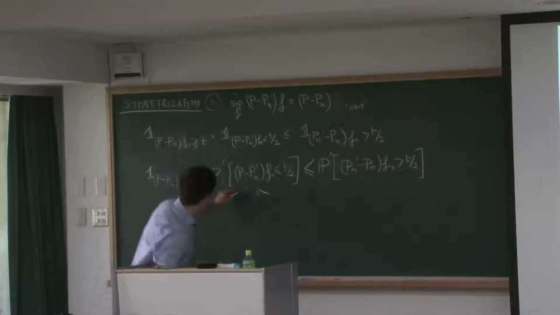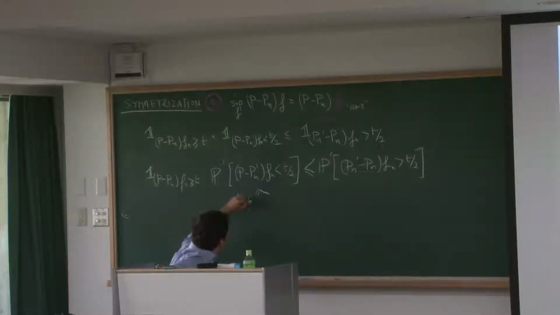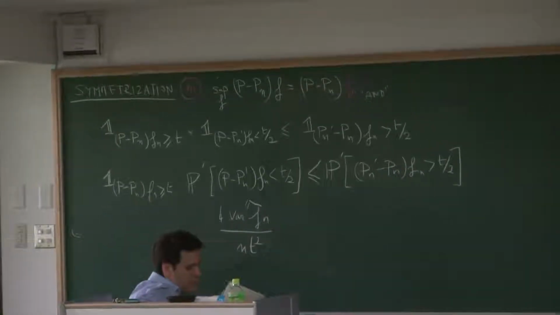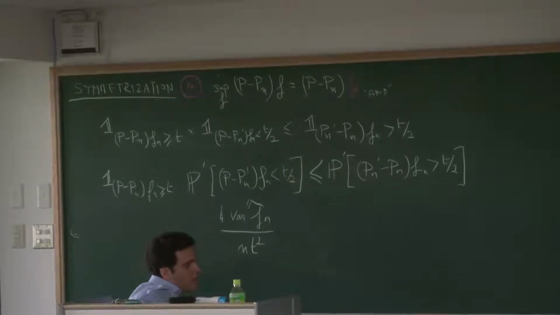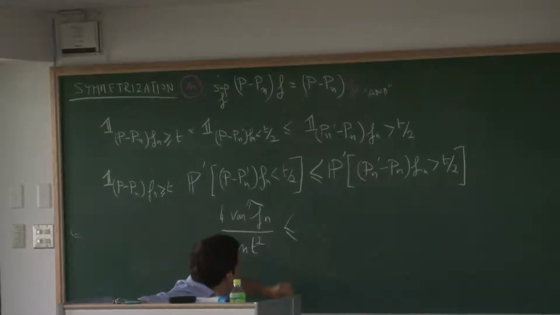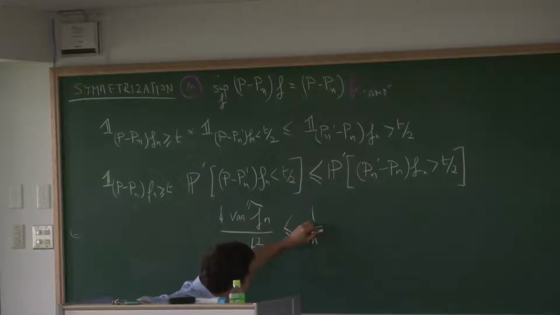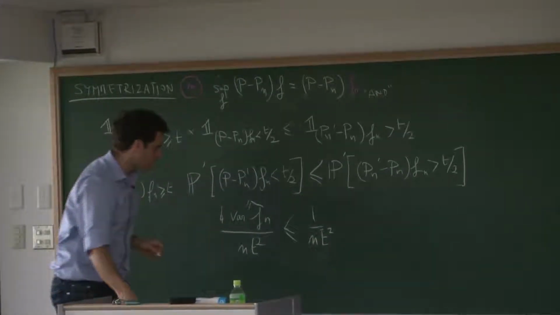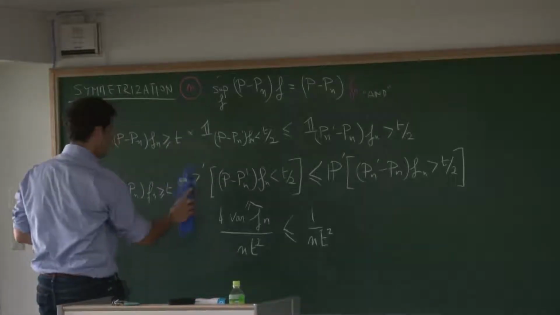than 4 times the variance of Fn divided by nt squared. And remember that Fn can only take values between 0 and 1. So the variance of Fn is necessarily smaller than 1/4. And so we get that this is smaller than 1 divided by nt squared. Okay? So basically the result that we get is that